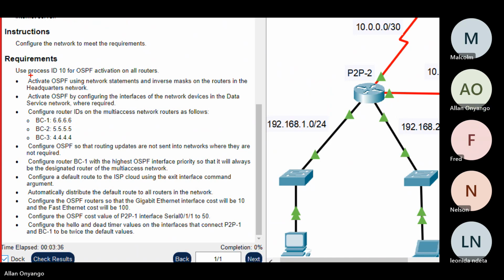So we are going to use a process ID of 10 for all router activations of OSPF. That's very clear. Next, we are going to activate OSPF using the network statements and inverse masks. You know what an inverse mask is? That is the wildcard mask on the routers in the headquarters network. So the first thing, we'll configure the 3 routers within the headquarters network. Then we'll activate OSPF by configuring the interfaces on the network devices